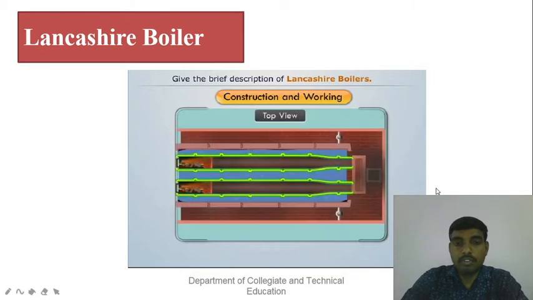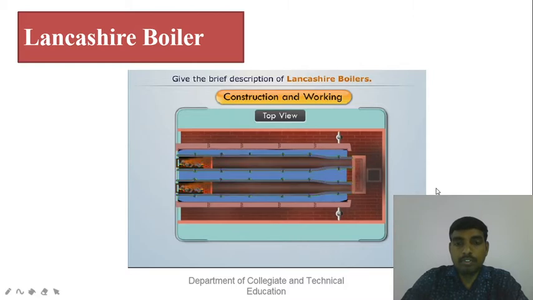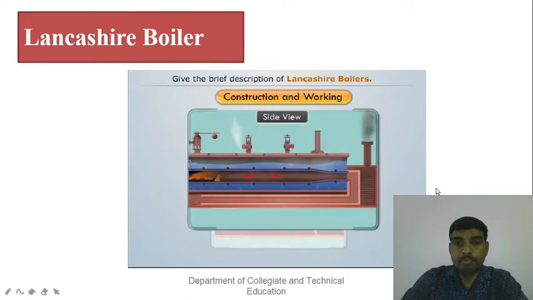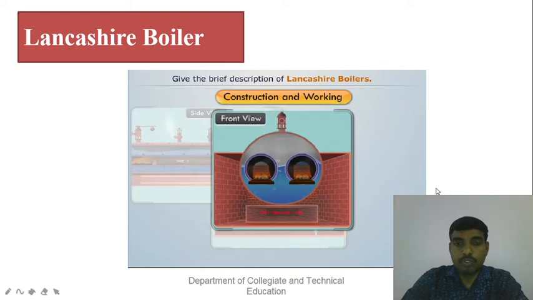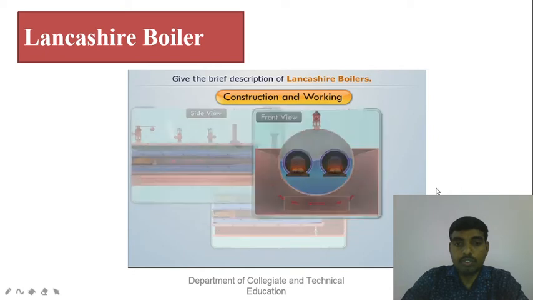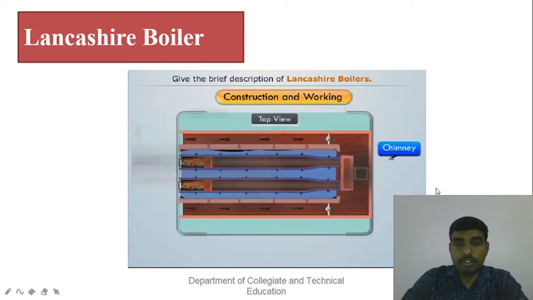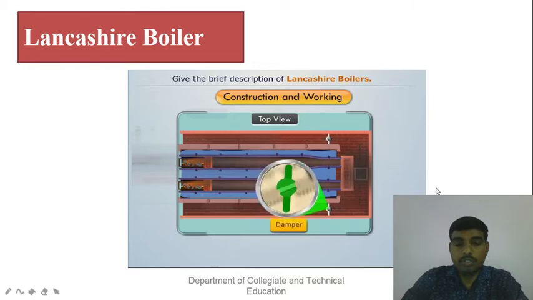The fire tubes are slightly conical towards their rear end to increase the velocity of hot flue gases. Then hot flue gases are allowed to pass through the downward channel towards the front end of the fire tubes. Now these gases pass through the side channel towards the rear end of the fire tubes and finally escape through the chimney. There are dampers at the end of each side channel to regulate the airflow.